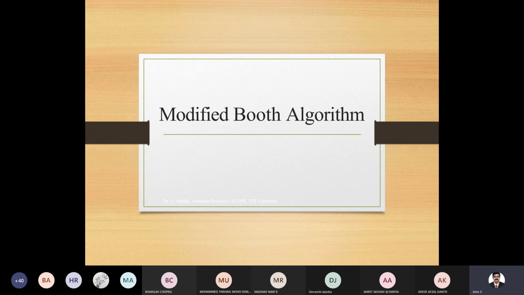Last class we discussed Booth algorithm. Today we are going to study the modified Booth algorithm. Here the main objective, the advantage, is to reduce the number of digits of the multiplier. Right? In straightforward multiplication,